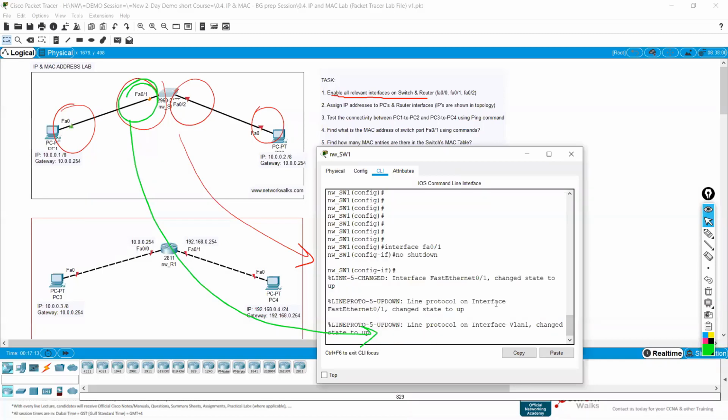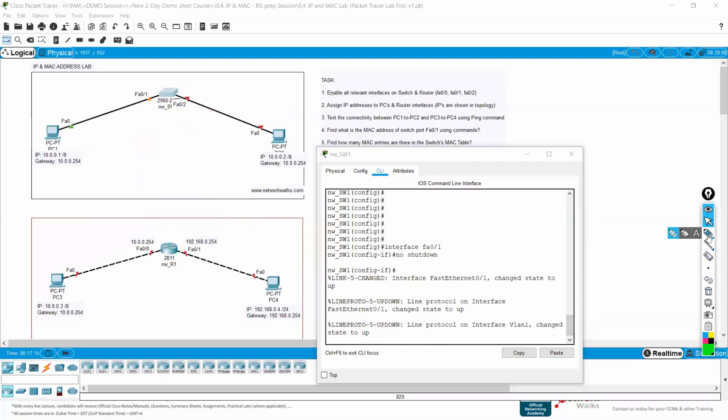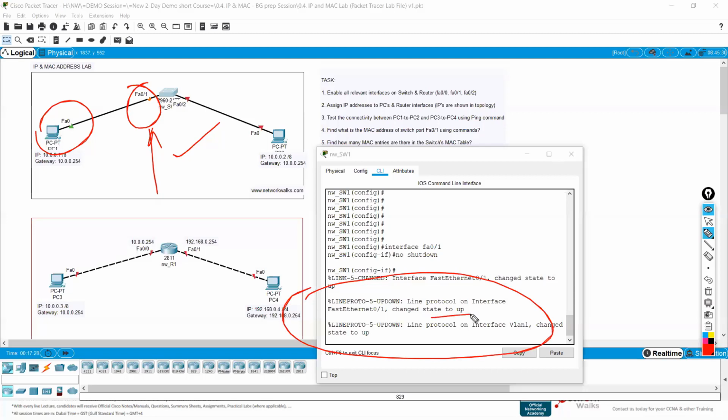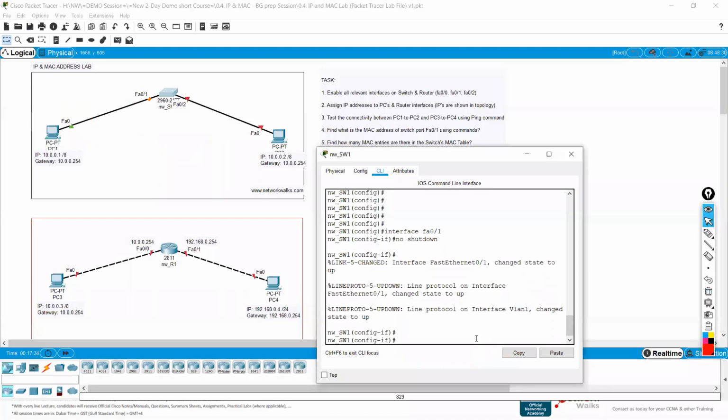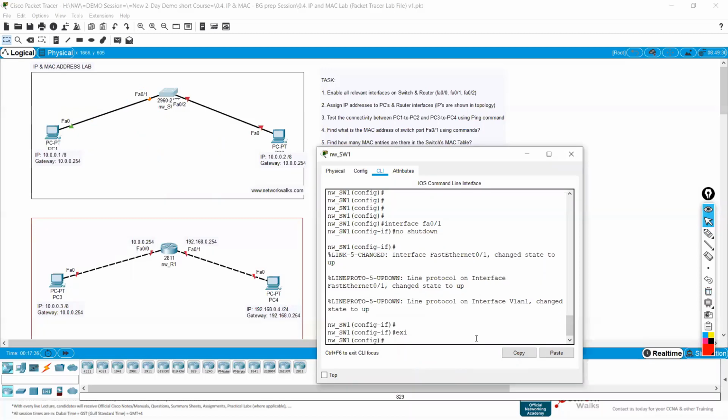So enter. As soon as I entered, you can see that the ports are turning green now. This one is orange and this one is green. This will also become green after some time. It is just checking the STP and some basic things. Also, we got the prompt here that the line protocol state is up, right? Clear until here? Then we say exit.